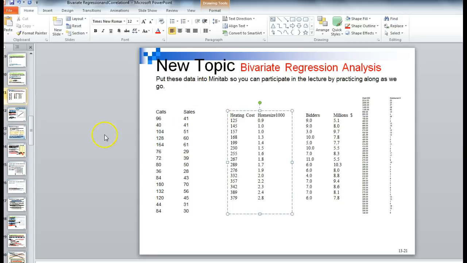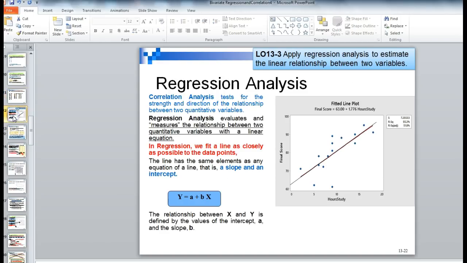All right. So our new topic is bivariate regression. We just finished up correlation. So regression analysis is a little different than correlation. Correlation analysis tests for the strength and direction of the relationship between two quantitative variables. So that always tests for whether it's a strong correlation or weak correlation, and then we also know whether it's a positive